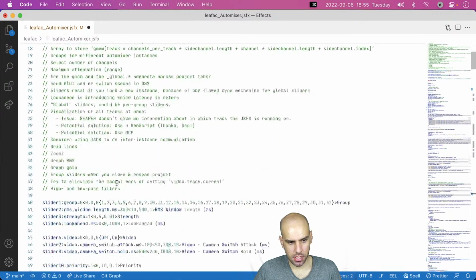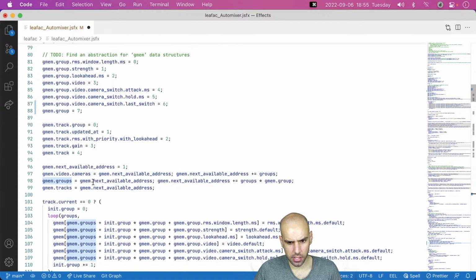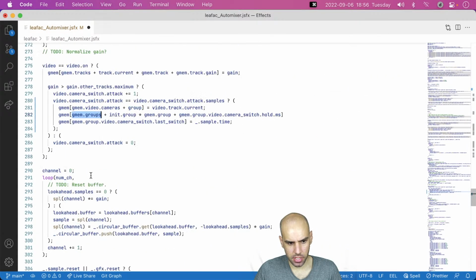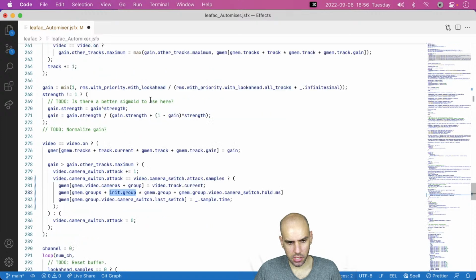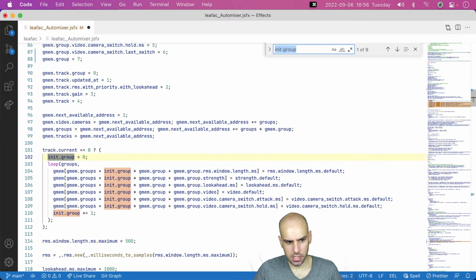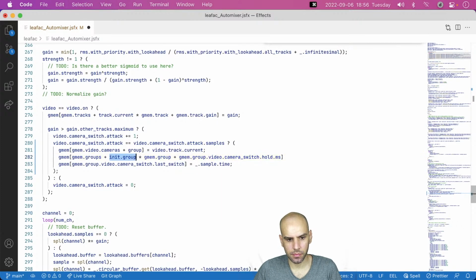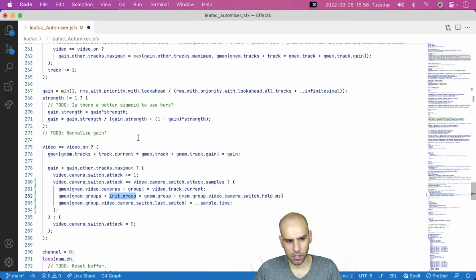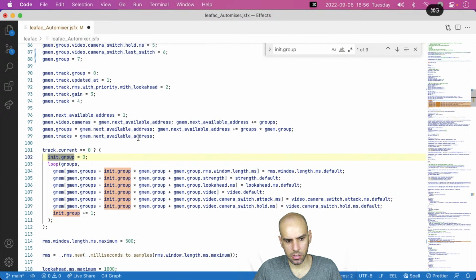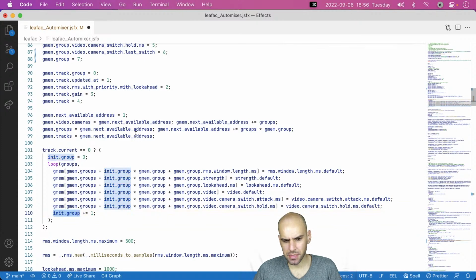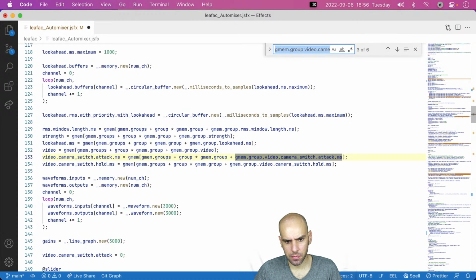Let's see, this is a constant, I think. Yes, this is a base address. It is a constant. Then in each group, that seems to me like a loop variable. And it is a loop variable, so perhaps that was not the best place for me to have copied from. That seems like a better place for me to copy from.